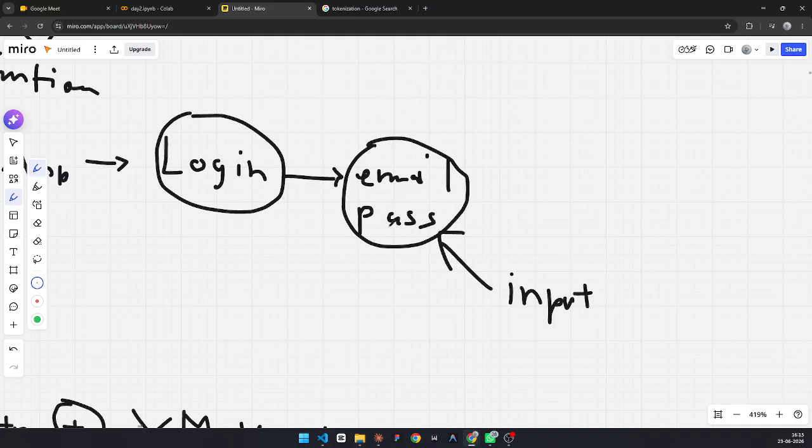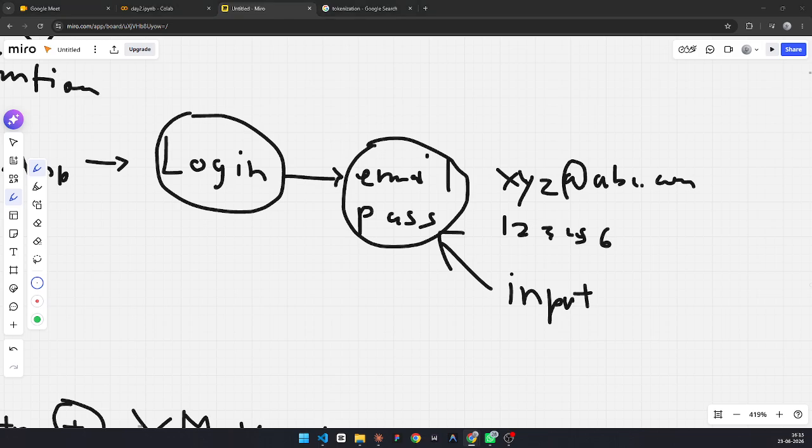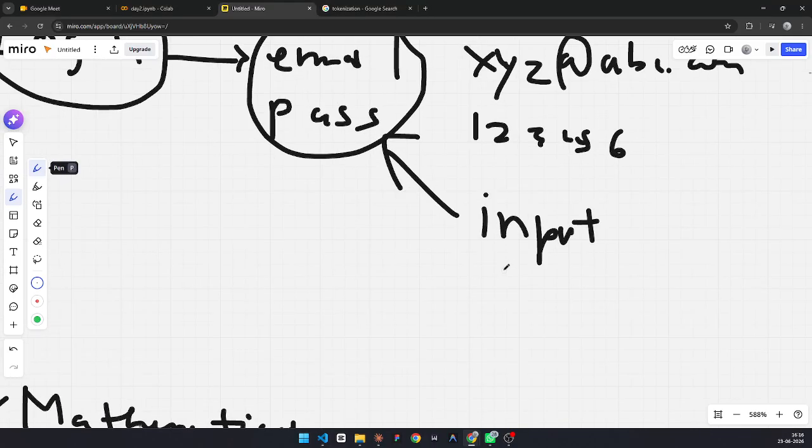Rather, you have given the data, that means the email, whatever xyz at abc.com, or the password, let's say 123456. Yeah, exactly. That's what I'm trying to explain. That's the main thing of input.